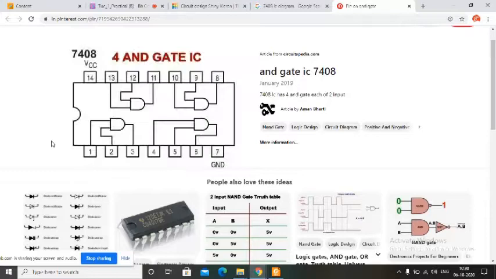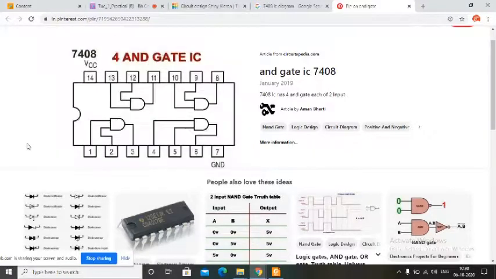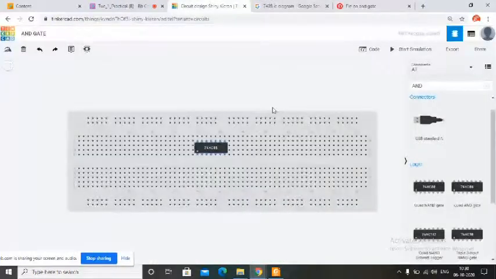So basically what you have to remember is what the input pins and what the output pins are for that particular gate, right? So what is the input for the first AND gate? The first pin is number one, the upper one or the lower one? One and two are inputs, and three is the output. Clear? Okay, sir. So let us try to make it. Let us assume one and two as input and three as output, right?